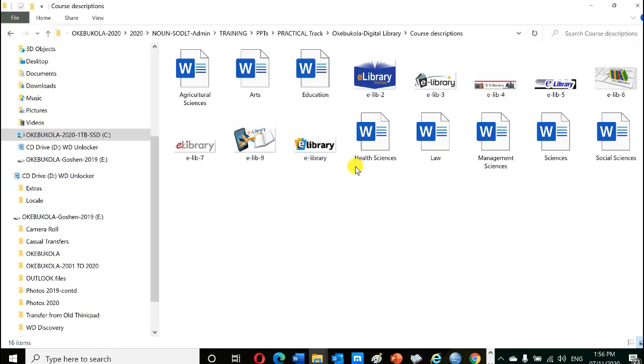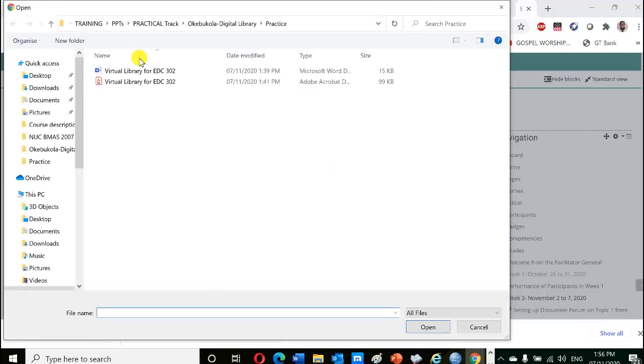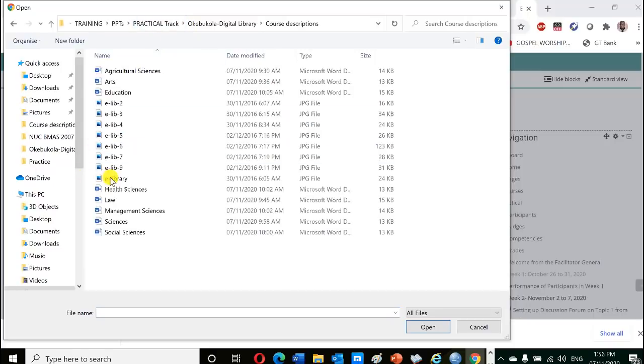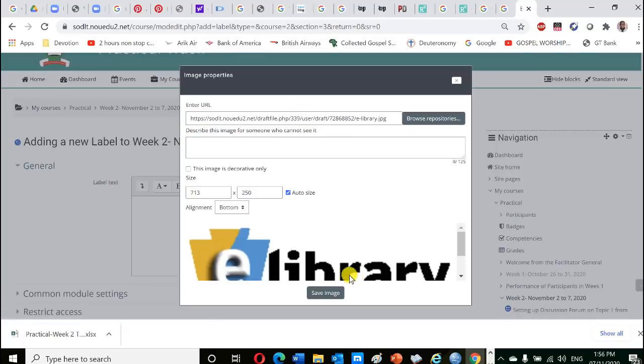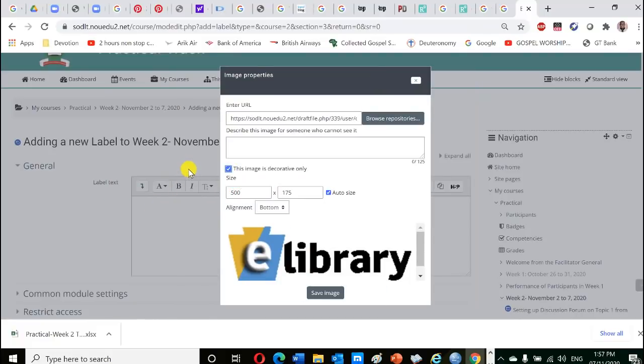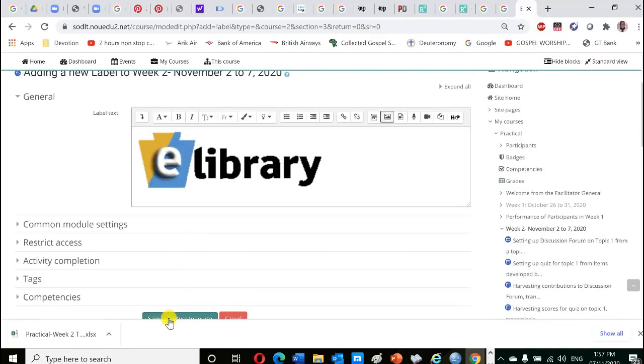Okay, so let's go back to Moodle. I'm going to choose file, and I will look for the file. The file is this one, e-library. That's it. It comes here. Yes, upload this file. Yes, keep the dimension like that. This is too big. Let me make it like 500. 500 is fine. This image is decorative only. Save image. So that's how it's going to look. And they put swagger. But if you like, you don't need to put swagger. But I like the students' eyes to catch that